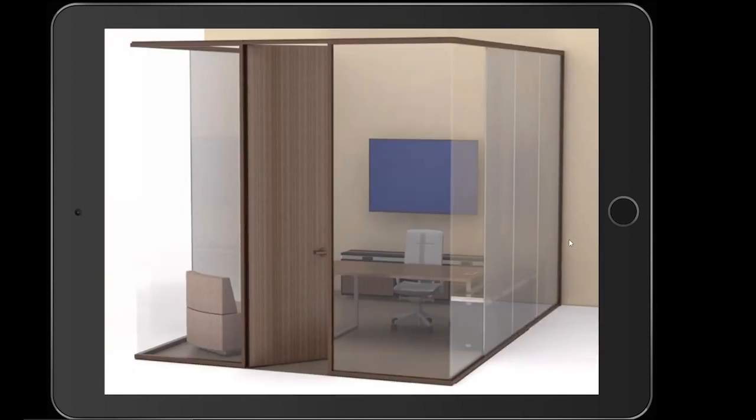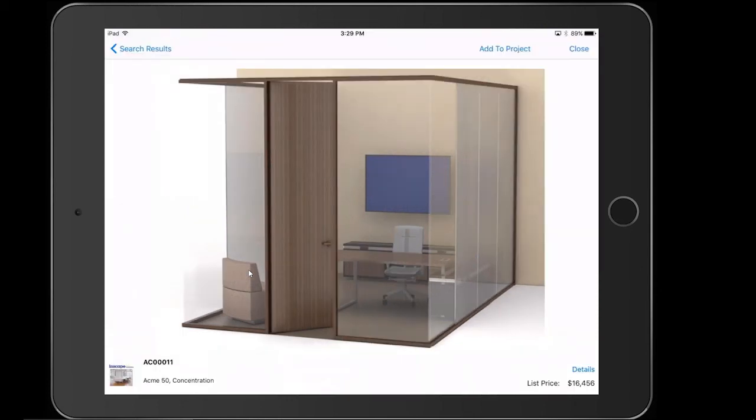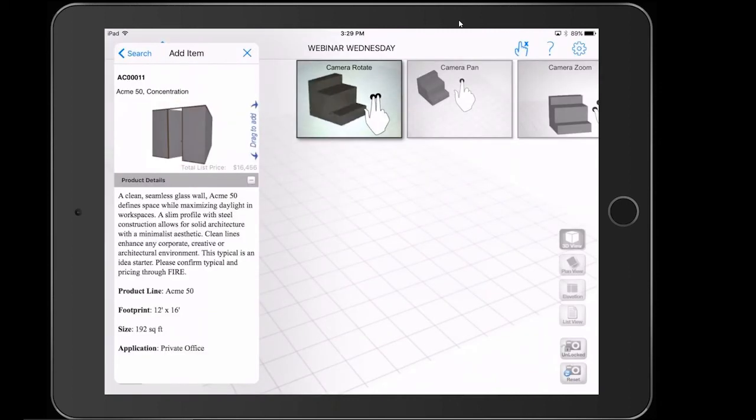So here we know that the scope of the project is for us adding a new office exec to the floor space, and so we need to create a nice private office. Since we have some Inkscape product already in, especially Inkscape walls, we're going to continue with that. So we're going to add this particular typical to our scene. Here I'm going to tap on it one more time, and then to add to my scene, all I'm going to do is tap on Add to Project,